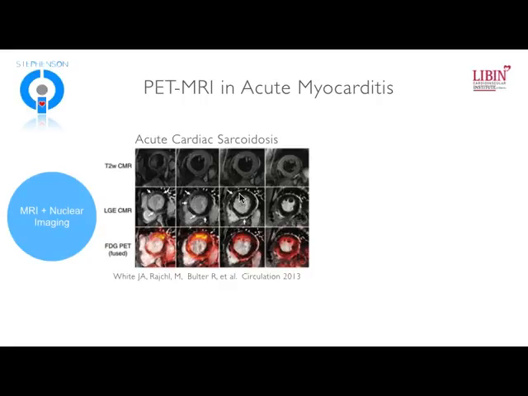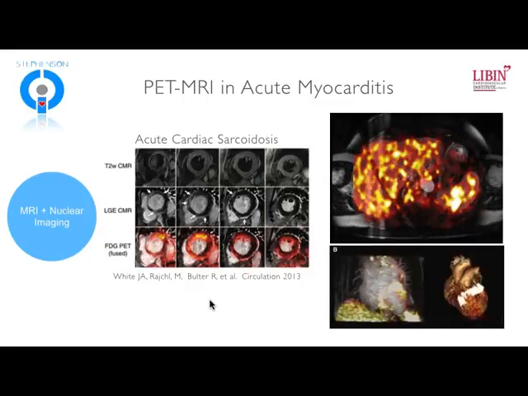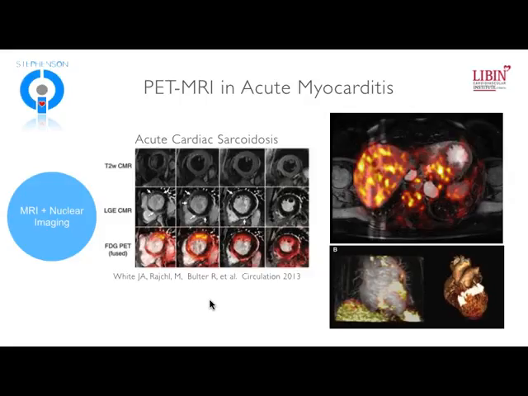We do, however, see late gadolinium enhancement consistent with what we typically see with sarcoidosis, which is subepicardial at the anterior septum there. But look what happens after we've given FDG to this patient. We see very marked, intense uptake surrounding the areas of late gadolinium enhancement, looking like a wavefront phenomenon where the trailing edge is scar, but the leading edge is inflammation.